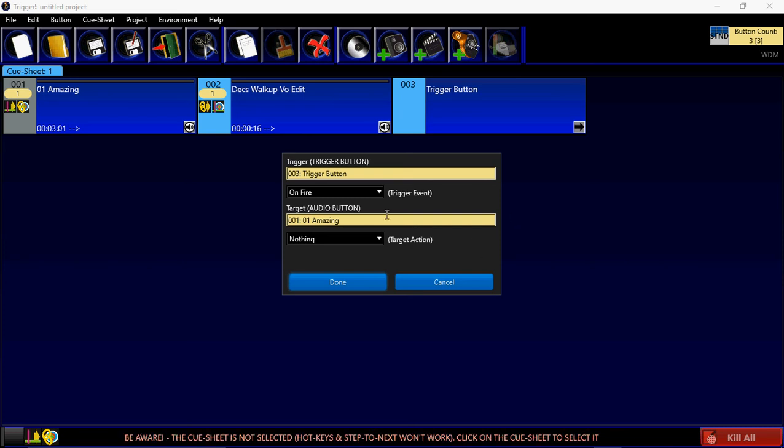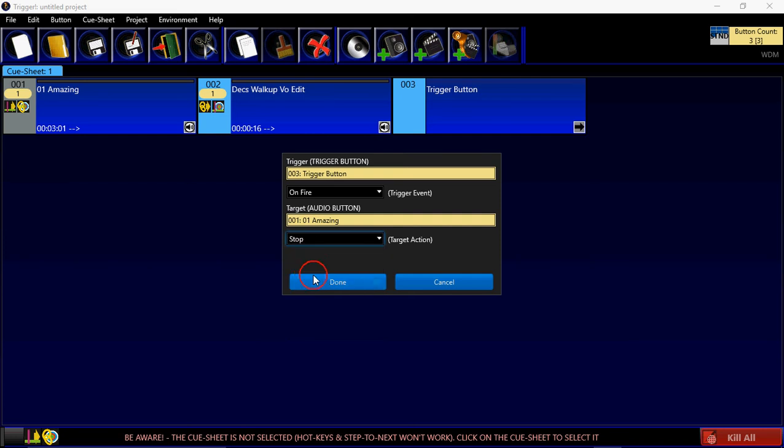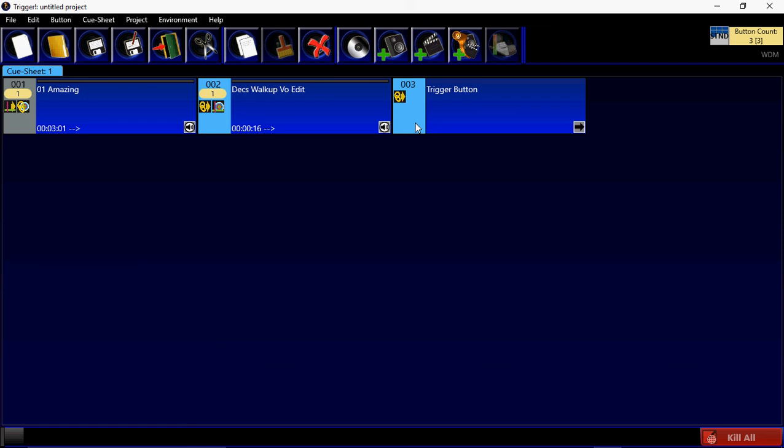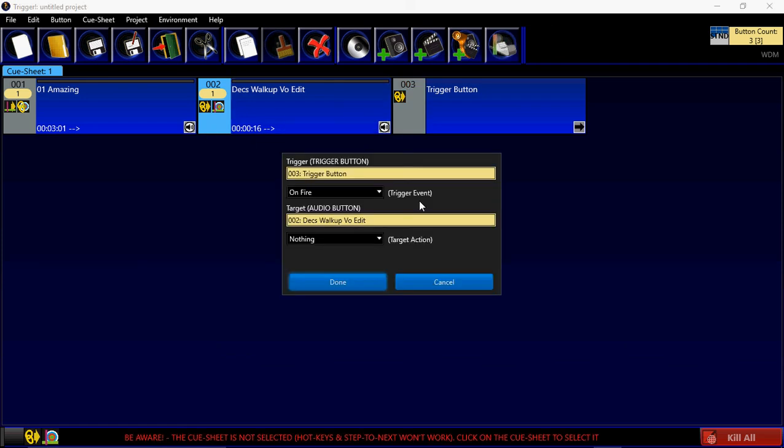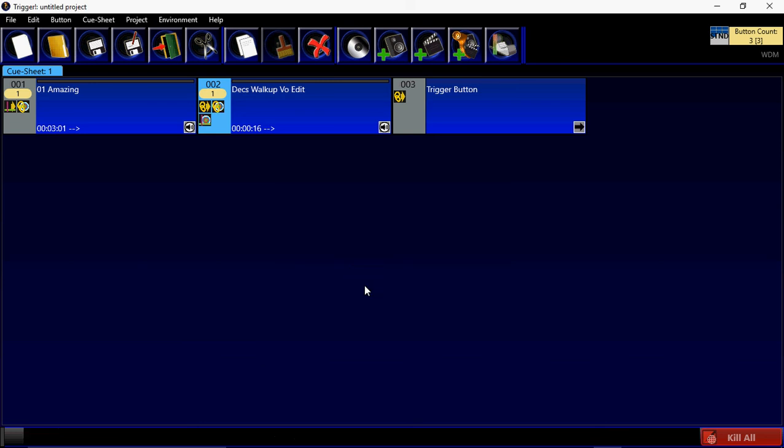In this instance the event that I want to trap on the trigger button is on fire, and what I'm going to do is set that to stop the target button, and we'll do the same here with this, and we just set that to stop. We click done. And now if I fire these tracks off,